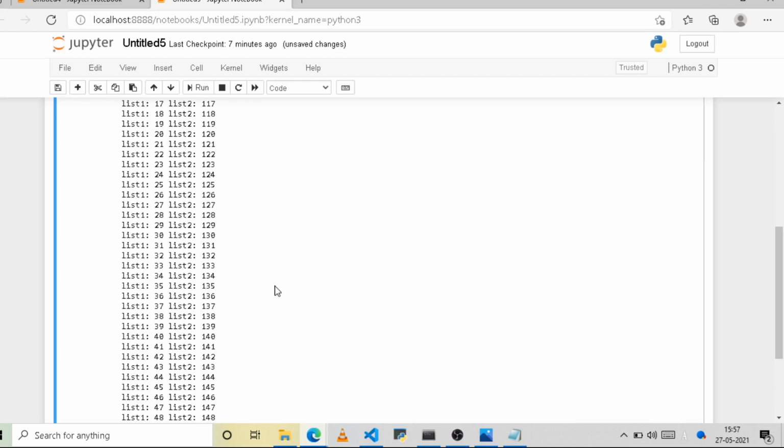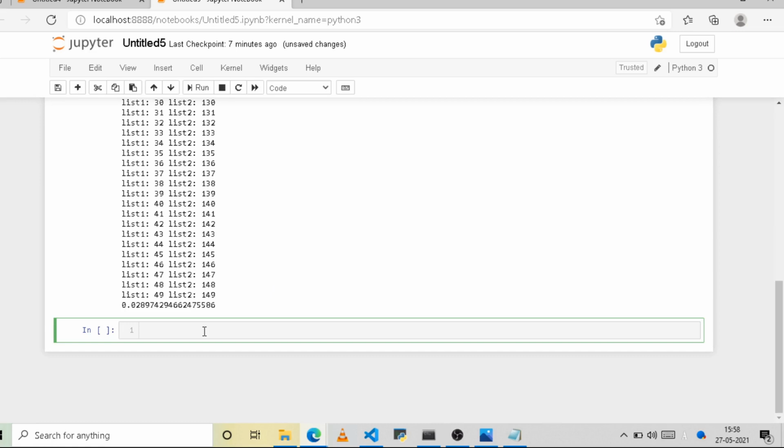the Python zip function. Generally the Python zip function that we use is for unpacking any iterable items, either it can be a list or tuple or anything. So Python zip is generally used to unpack a list or tuple kind of thing. So now let us try to iterate the lists using zip. For l1, l2 in zip of list 1, list 2, and print the values.